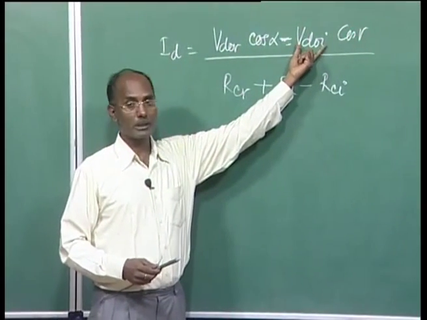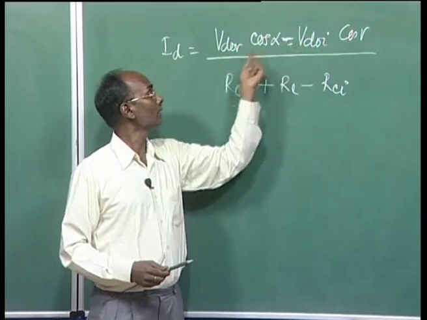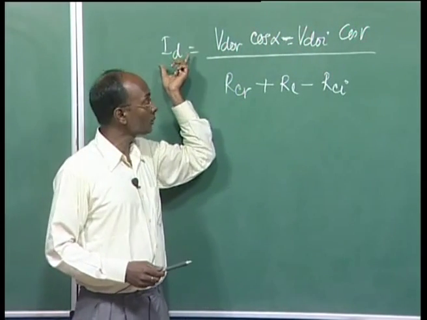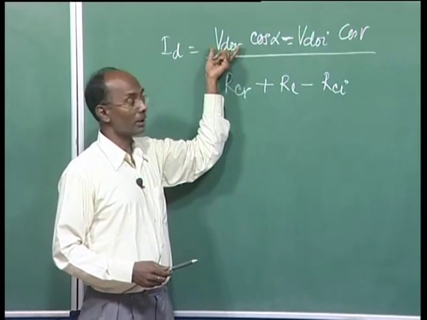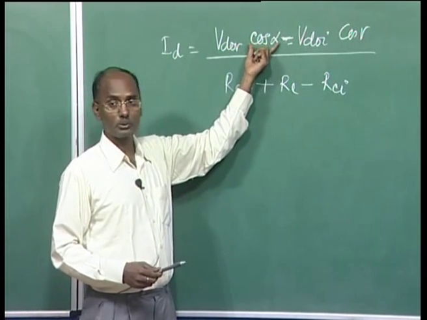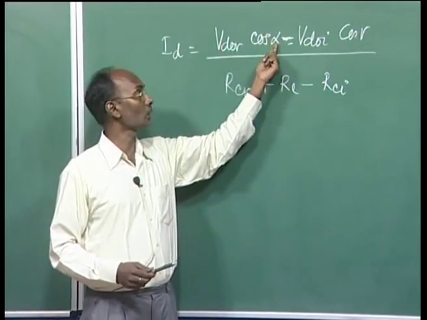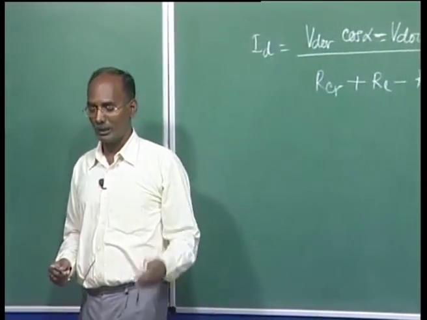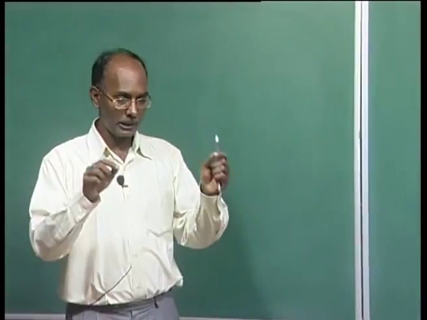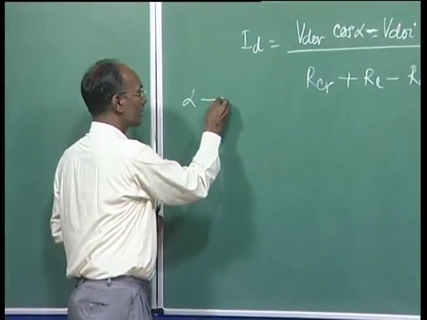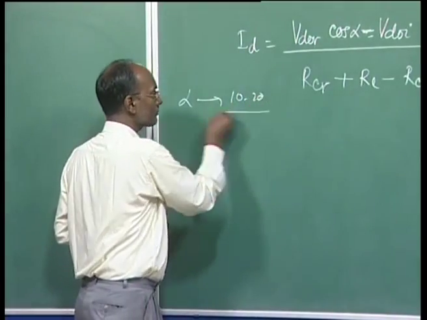Once there is a sudden decrease, what will happen? You can see this current is going to be very excessive, and due to this, what we have to do, this we are not touching here, so this value should also decrease so that we can maintain it. Decreasing this means your alpha is going to increase, and once alpha increases, because we have limited reactive power support at that end, this angle is also restricted to sometimes 10 to 20 degrees.